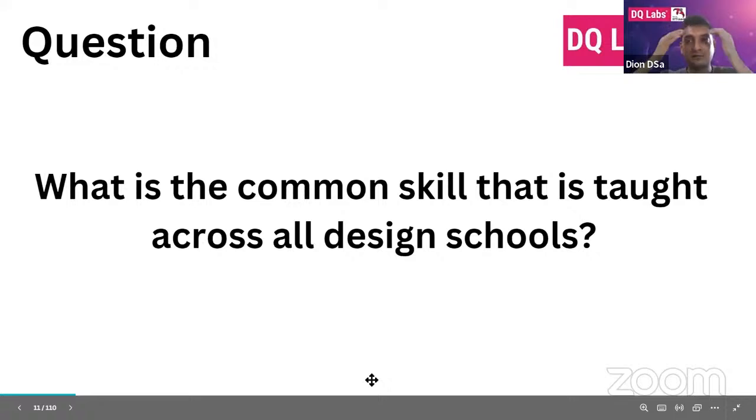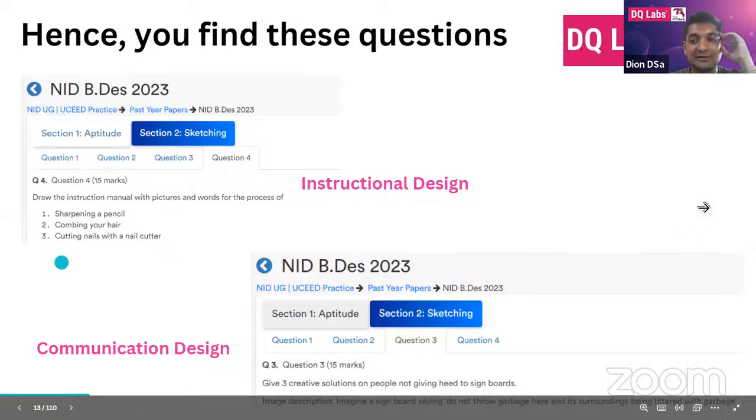Now, if we look at what designers do, we can't look at them as silos as, okay, designers make products and services and UI, UX and XYZ, right? In fact, we look at it as a spectrum. And on one end of the spectrum, it is creating impact, improving the quality of lives of billions of people, versus achieving corporate objectives.